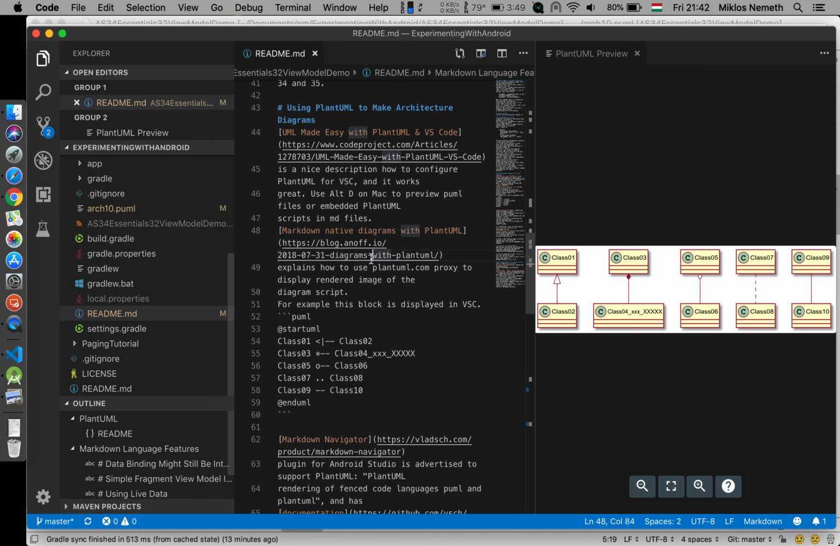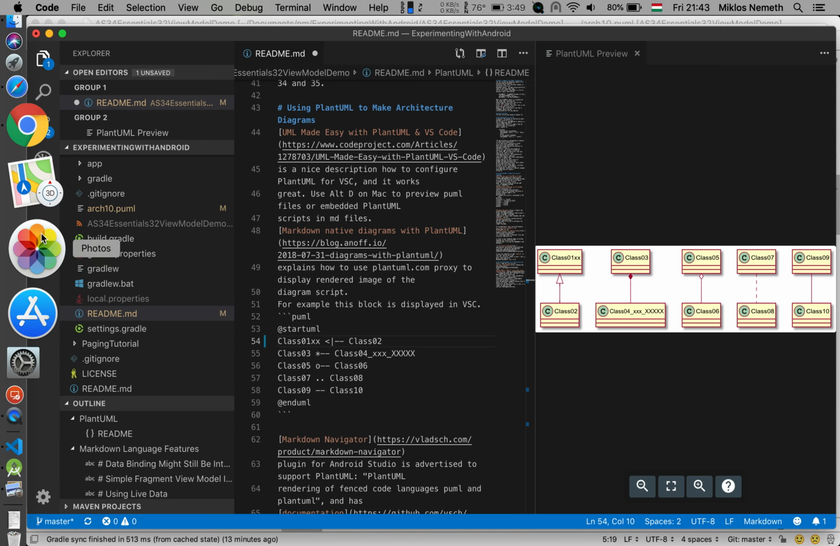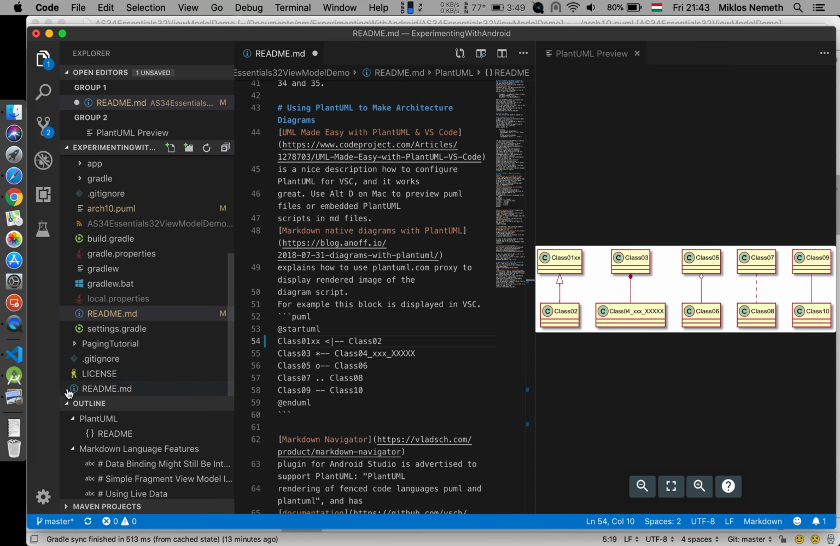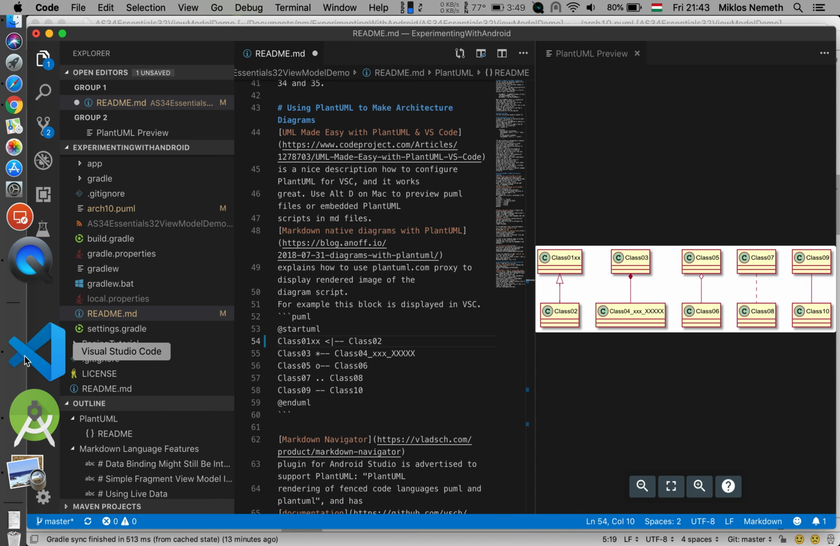So when I click anywhere else, it doesn't update, but when I come here and again press Alt D, it's exactly the same. But the issue is, I definitely wouldn't recommend using this syntax because it is not displayed automatically on GitHub. So when you commit these changes, and